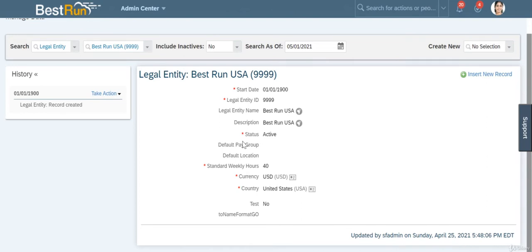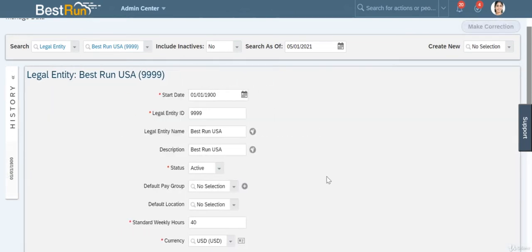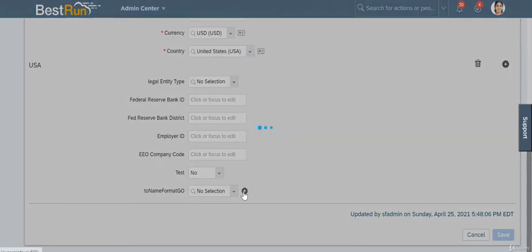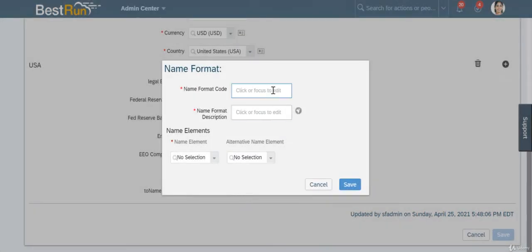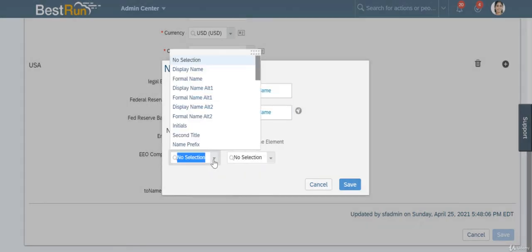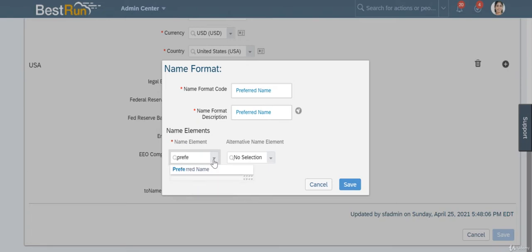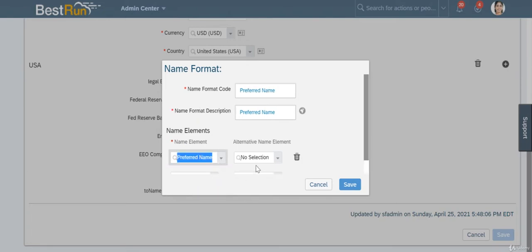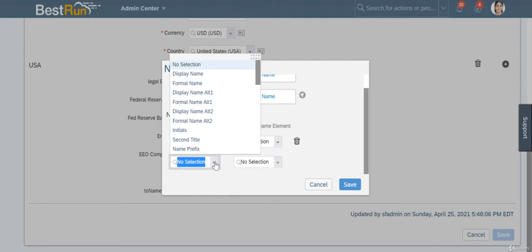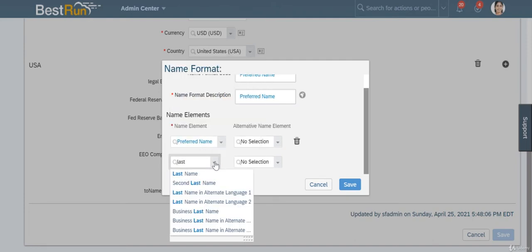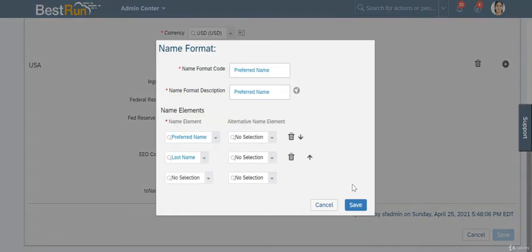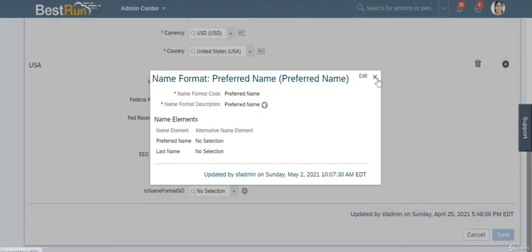So as we saw, we can define the naming convention here for a particular legal entity. You can define a legal naming convention. For example, I am defining preferred name, and this is the naming convention I am defining. I can define the naming format as preferred name first, and then the second is, for example, the last name, and I can save this, and I can choose this